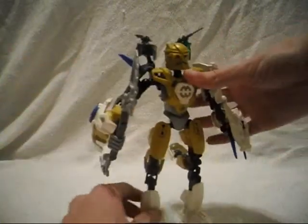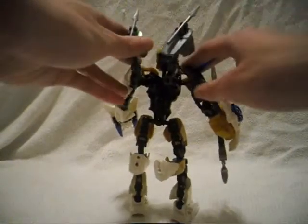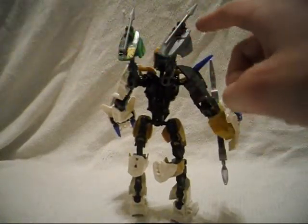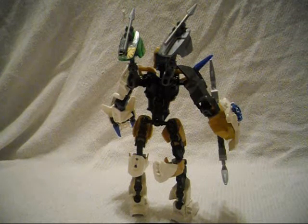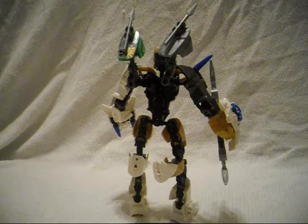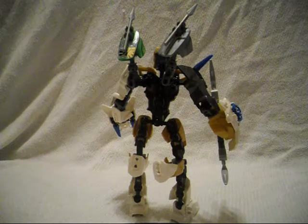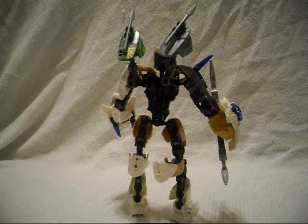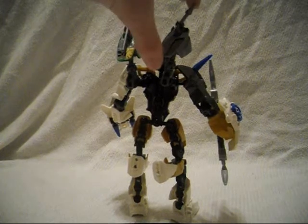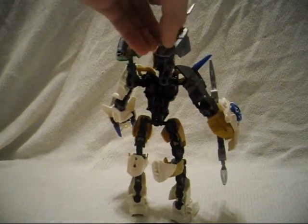For the armor pieces up here, I used Stormer's 2.0 armor piece. I've given all the heroes their 2.0 armor pieces, except for Bulk and Stringer, who weren't in the 2.0 series. I just gave them number 5 long size pieces in their respective colors in place of their